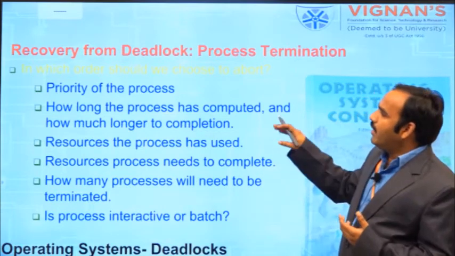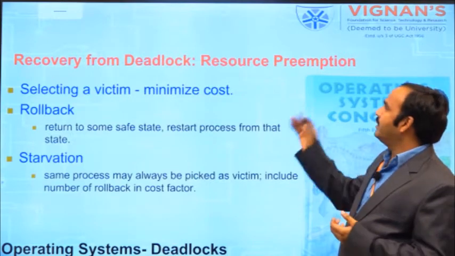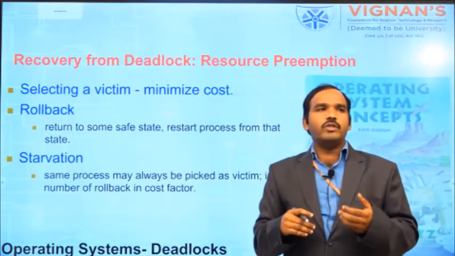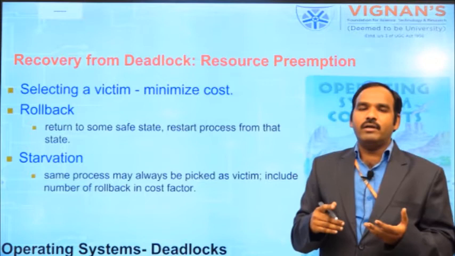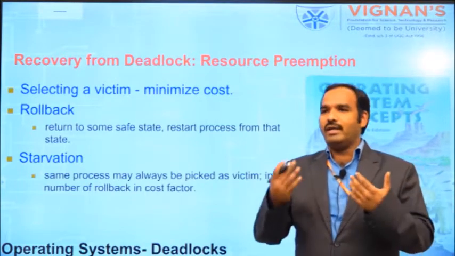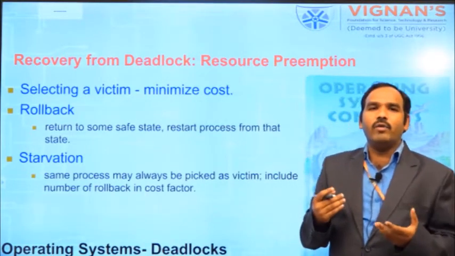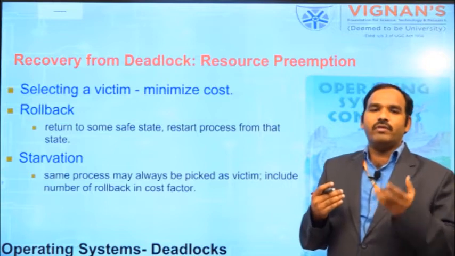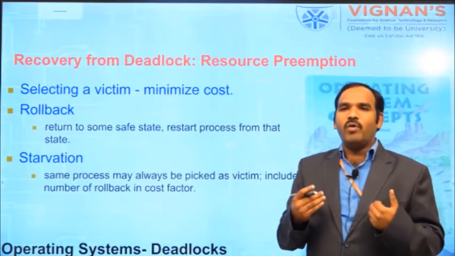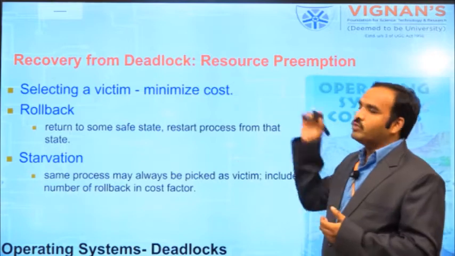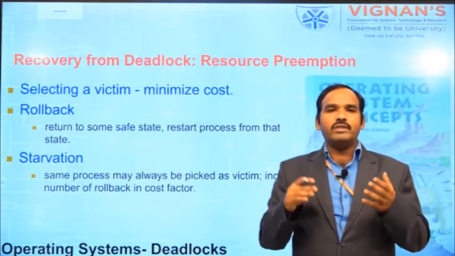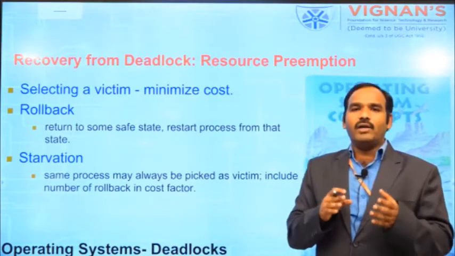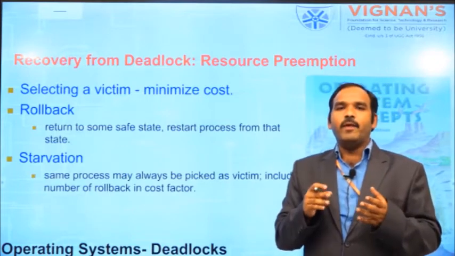And coming to the next method, that is resource preemption. Resource preemption is the second method to recover the system from the deadlock. In this, again we have to consider three ways available to come out from the deadlock with the help of resource preemption. So far what we studied is, once the deadlock is detected in the system, we must follow